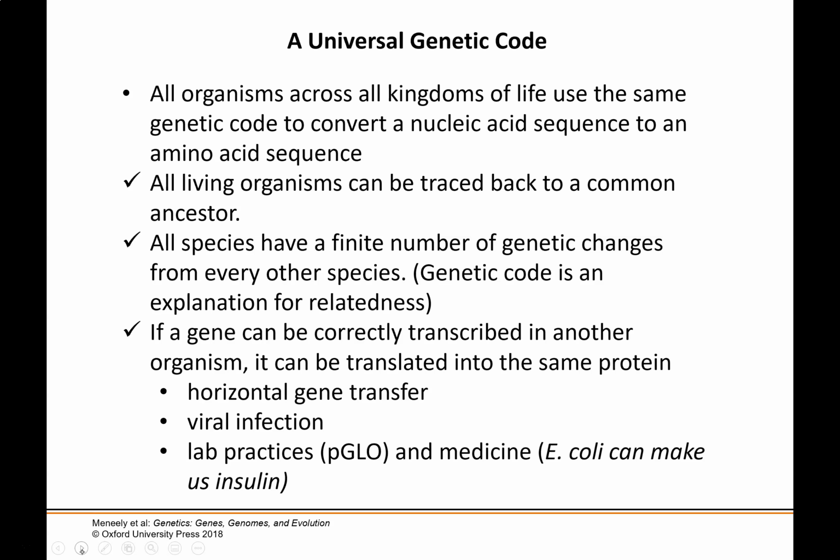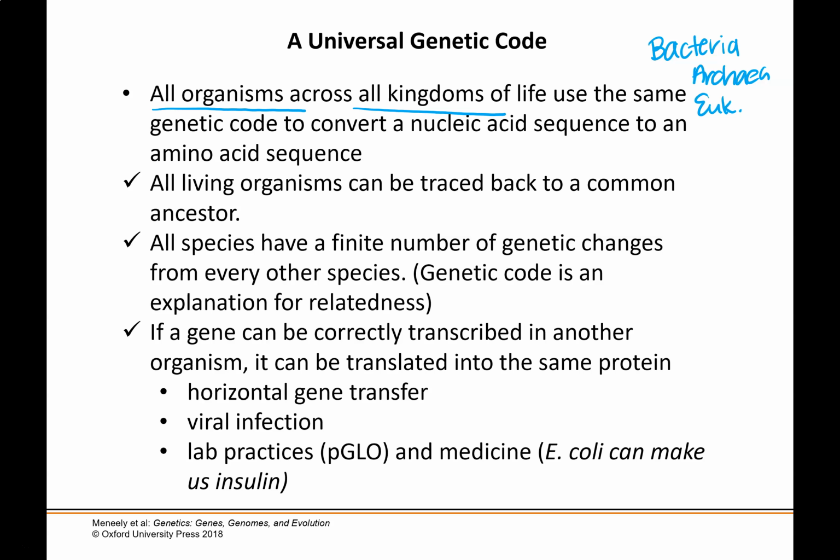So our genetic code is universal, and this is important for a few reasons. A universal genetic code is a code that is considered universal because all organisms across all kingdoms, that means bacteria, archaea, and eukaryotes, all use the same genetic code, and they use the same process to convert nucleic acid sequences